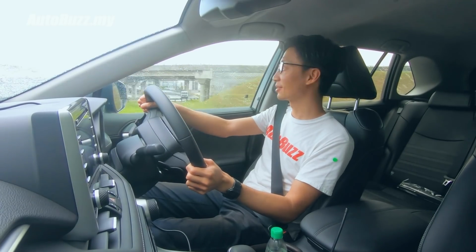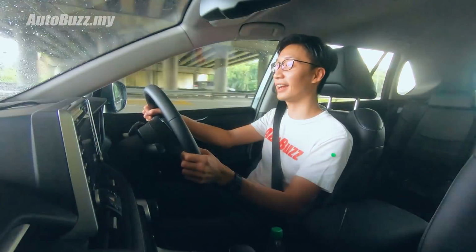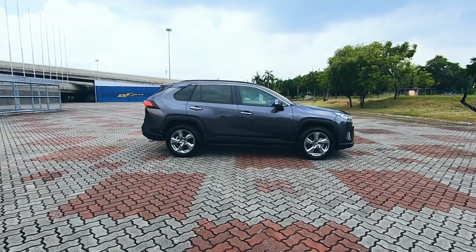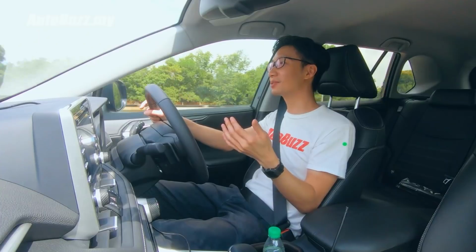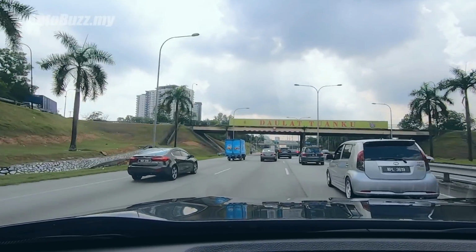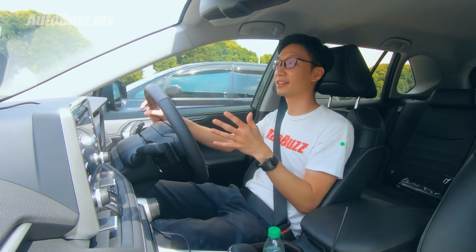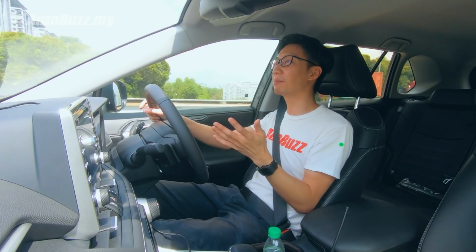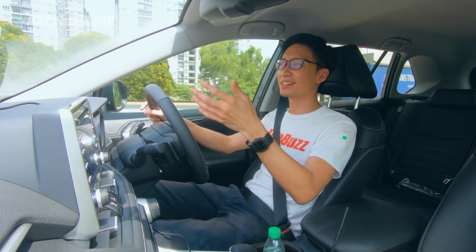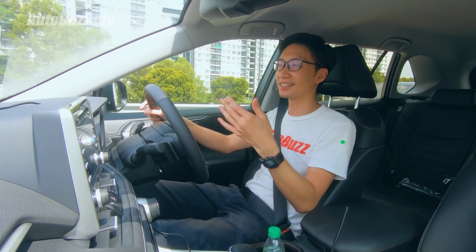But otherwise, going through my first corner now, it is everything I'd expect of a Toyota SUV with the TNGA technology, the TNGA platform, in terms of offering assurance, stability on the road, refinement. It's just on another level, even when you compare it with the CX-5 and the CR-V. Now, it's something that on paper you will never be able to see. Unfortunately, it's not one of those things where it's like a reverse camera or like Apple CarPlay. You can just put it on the brochure and people will understand and see the value in it